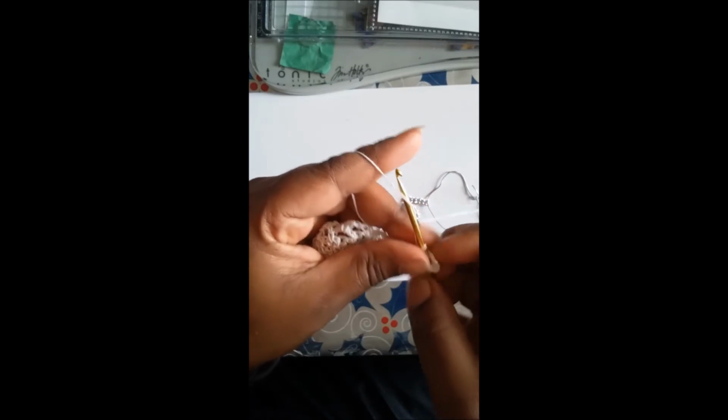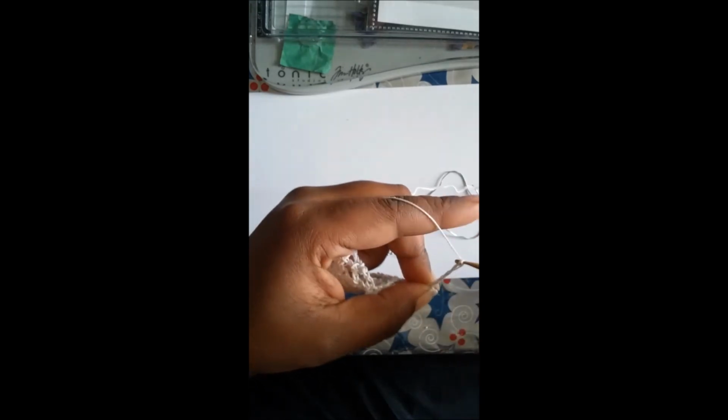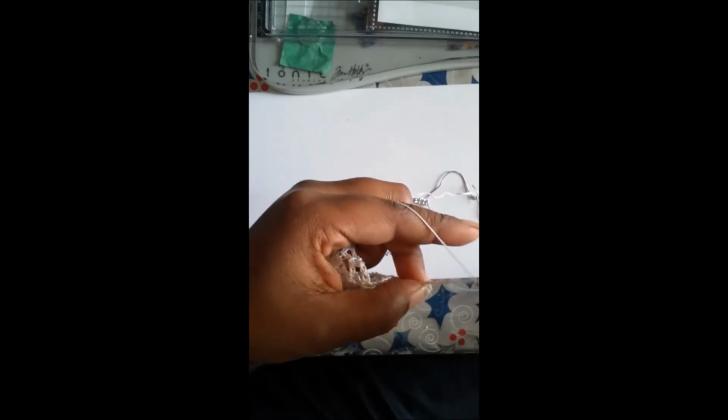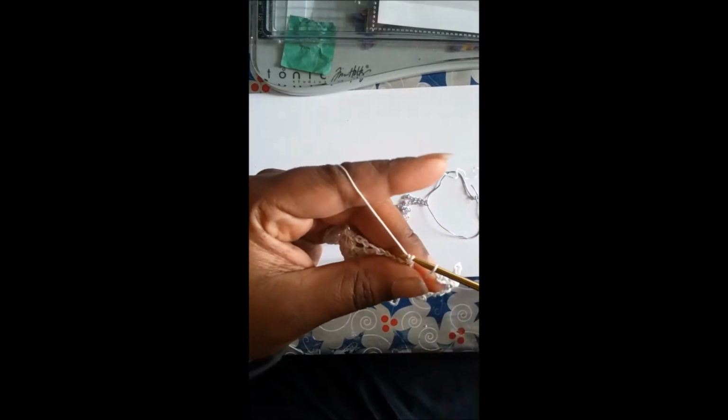Okay, so work your shell, double crochet, chain 2, double crochet, chain 5. Well, I'm sorry, it's only 1 double crochet. There we go. Now we're right. Chain 5, 2, 3. Ooh, got caught there. 5. Okay, so single crochet into the chain,